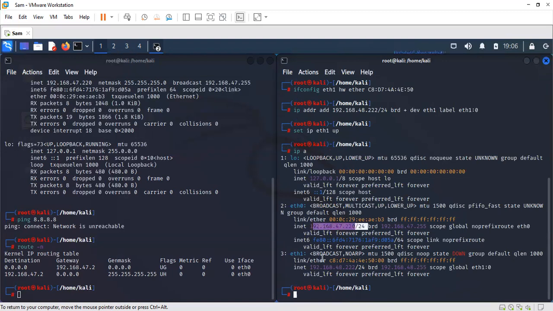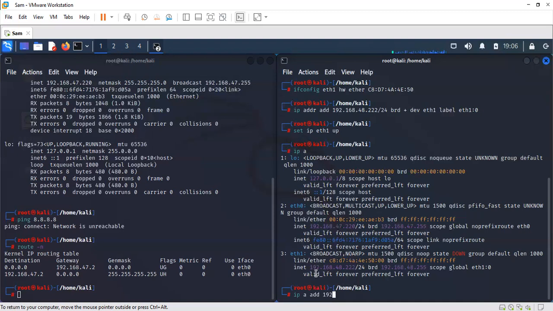So here I'm gonna teach you how to add another IP for it, and also we can remove it again. So ip a or ip addr, the same, no difference. ip a add